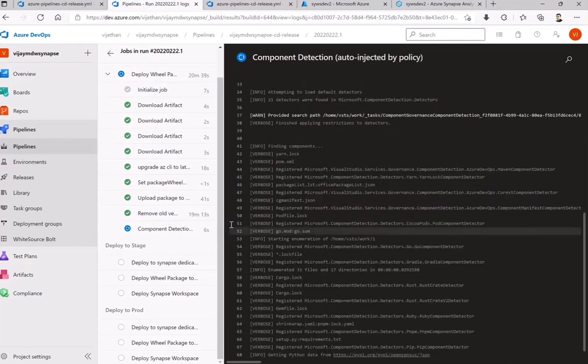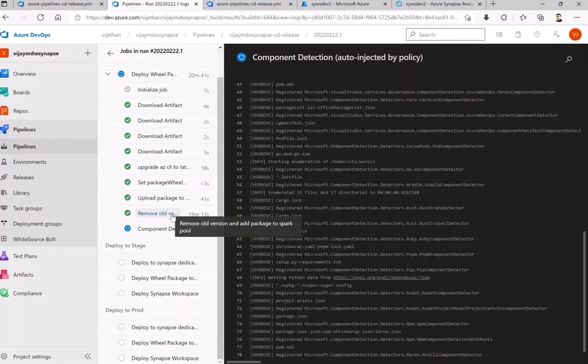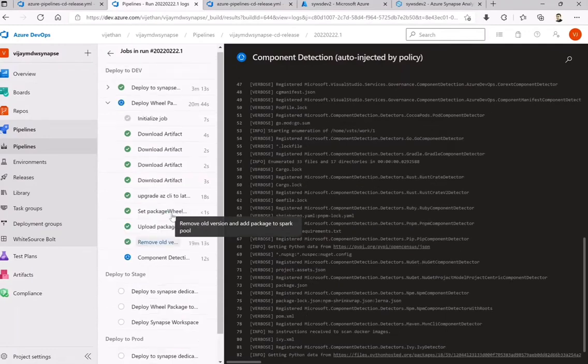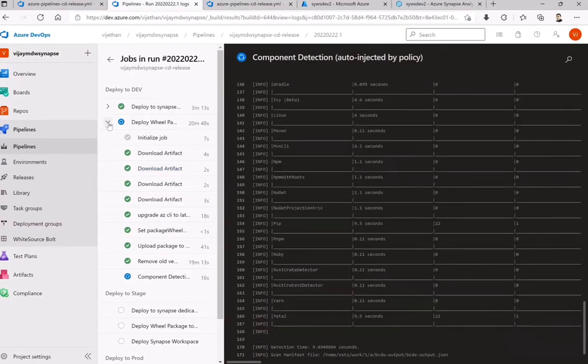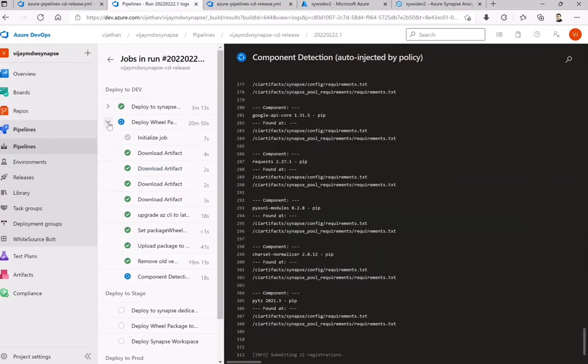So overall 20. So dev is done as of now.